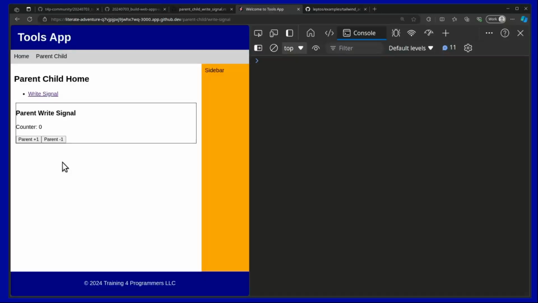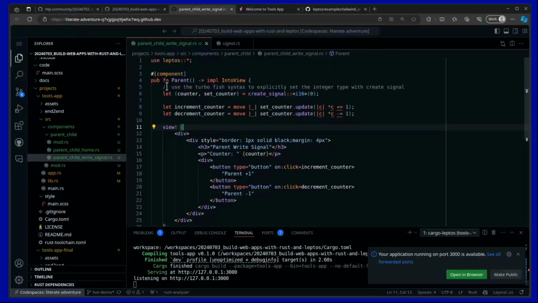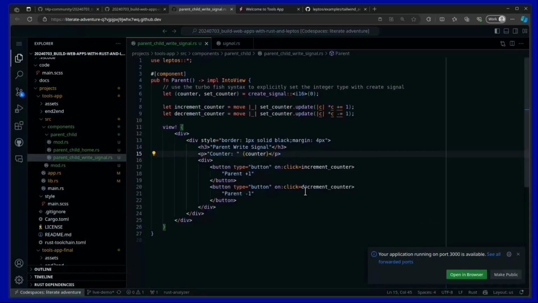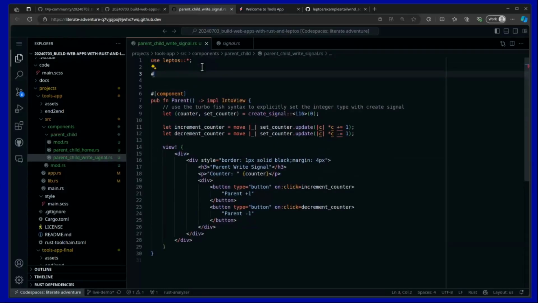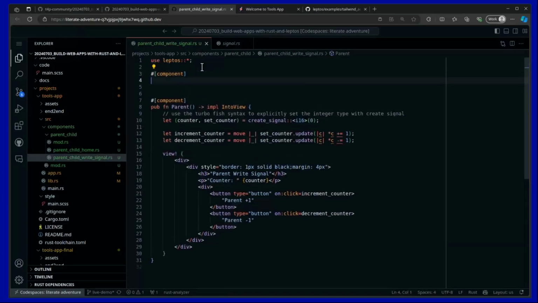So we covered a bunch of concepts there as part of that discussion, everything from setting up the actual code to discussing the concept of moving and things like that. Now, what I want to do is I want to have a child component, and I want to make the child component be able to update this same counter. So let's come above the parent component here, and let's say component pub function child